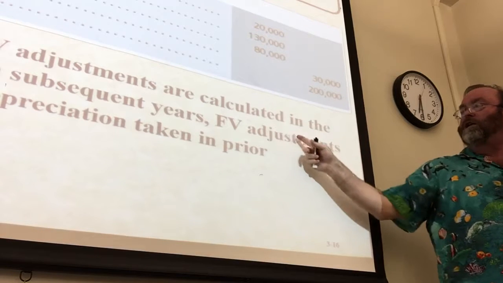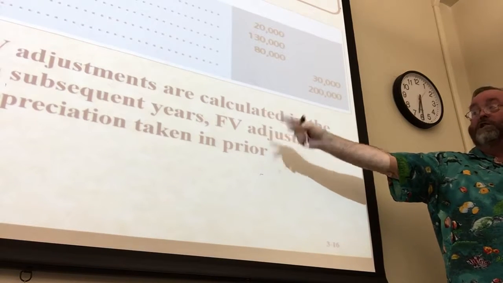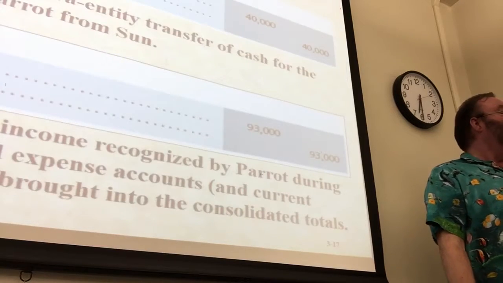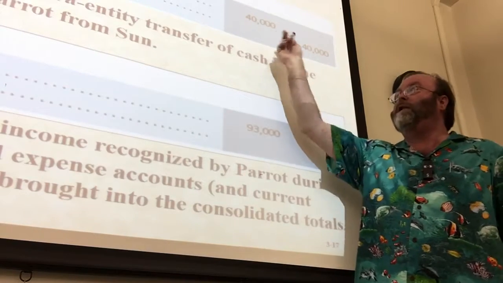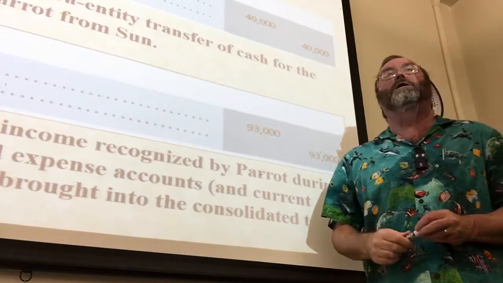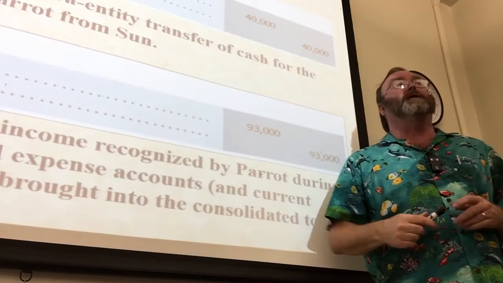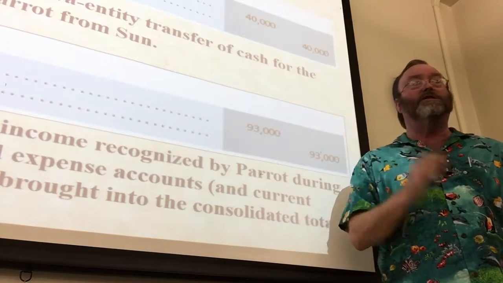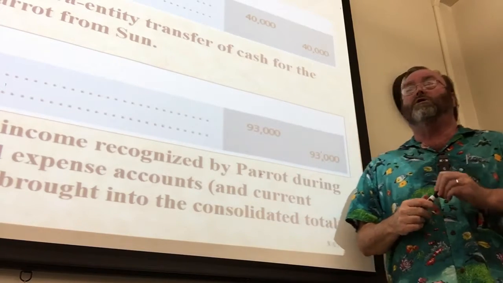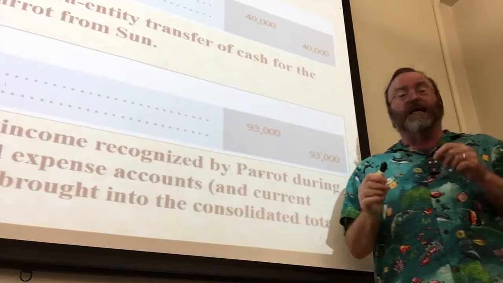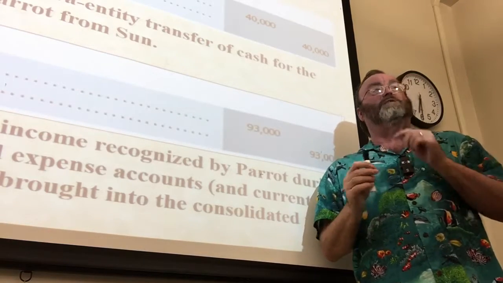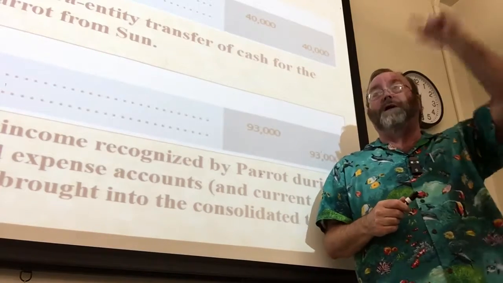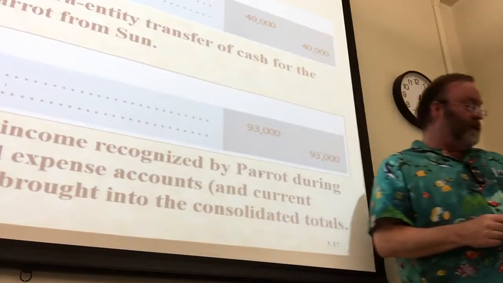Yeah, so fair market adjustments may be reduced by any depreciation or amortization taken prior to your consolidations. Okay, the D entry is to eliminate the dividend that was declared and put it back into the investment account. All right? Because you're not paying dividends to yourself anymore. The only thing you're going to report on a consolidated basis is dividends paid to unrelated third party or unrelated shareholders of the parent company, not the